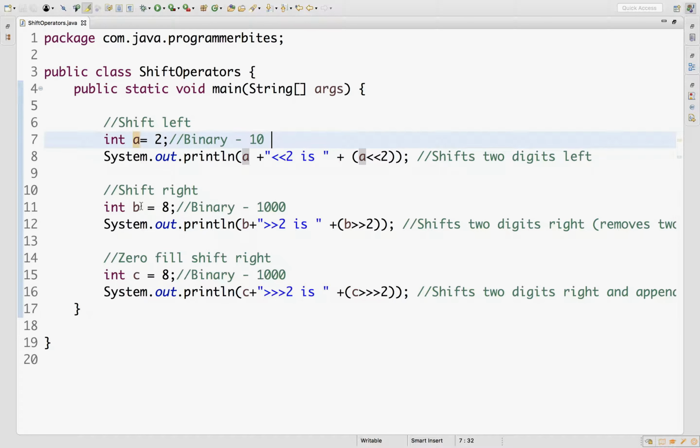And we have one more variable b. 8 is assigned to variable b and we are going to perform the 8 right shift 2 operation. We have another variable c, and the value 8 is assigned to variable c, and here we are going to perform the 8 zero fill right shift operation with 2 bits. Let's run the program.